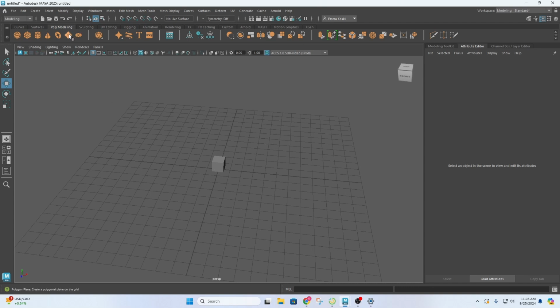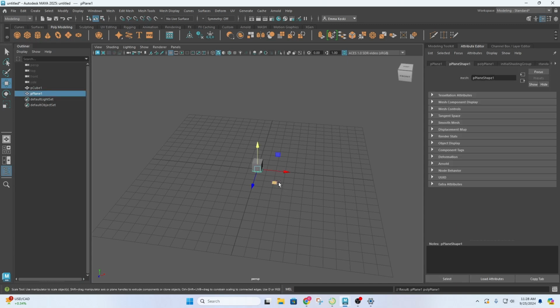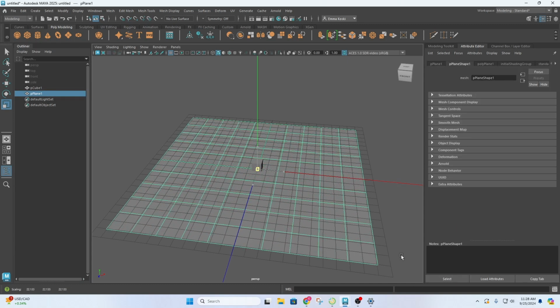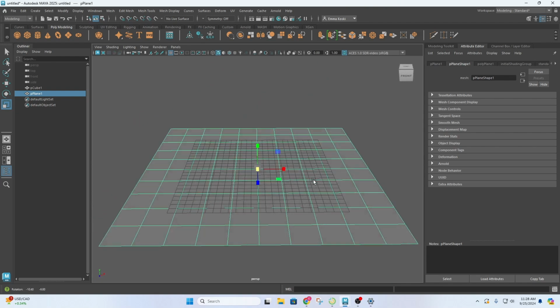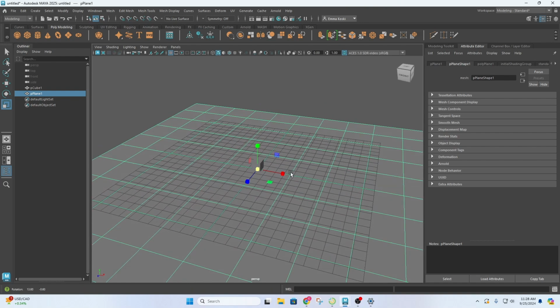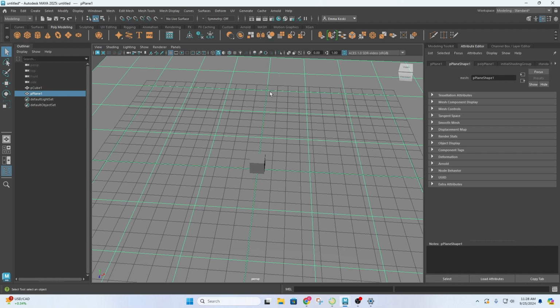Okay, let's bring in a plane, polygonal plane. I'm going to open up my outliner so I can see what I'm doing. Okay, we're bringing in a plane, and let's go ahead and scale this up so it is a good size. That's going to serve as our floor below our object. And then I want to duplicate this plane